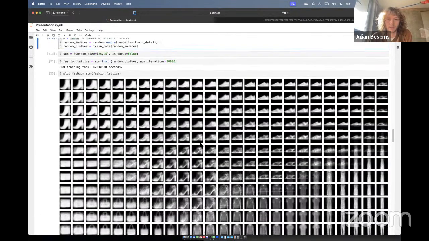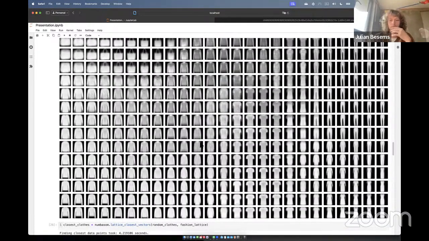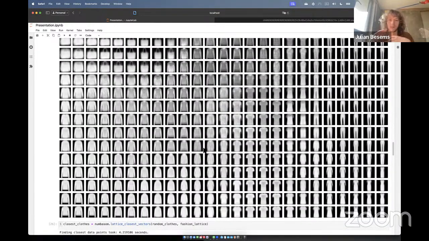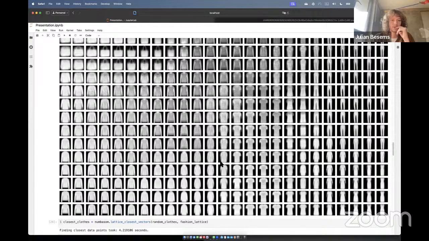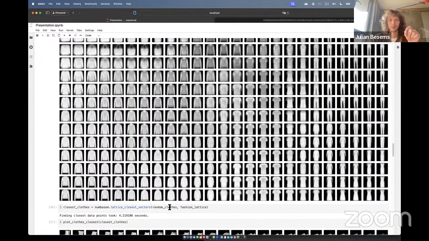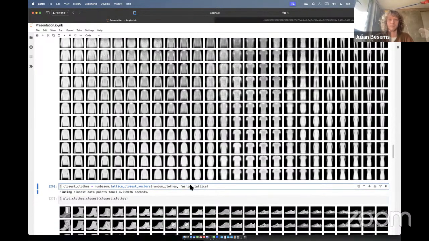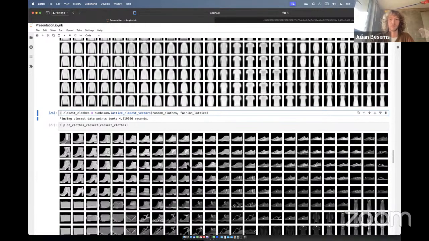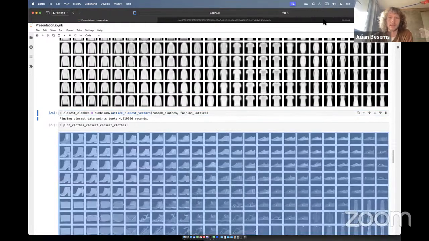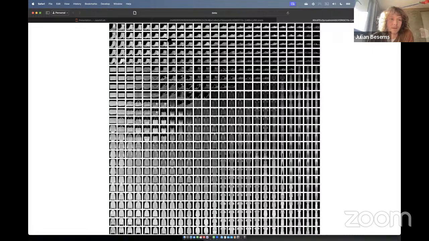So then, to actually see what those points are closest to and relate them back to the original data, what we can do is take, for each point in the self-organizing map, the closest original image in the entire data set. Having a look at that instead, we see here that these are all the original training points.